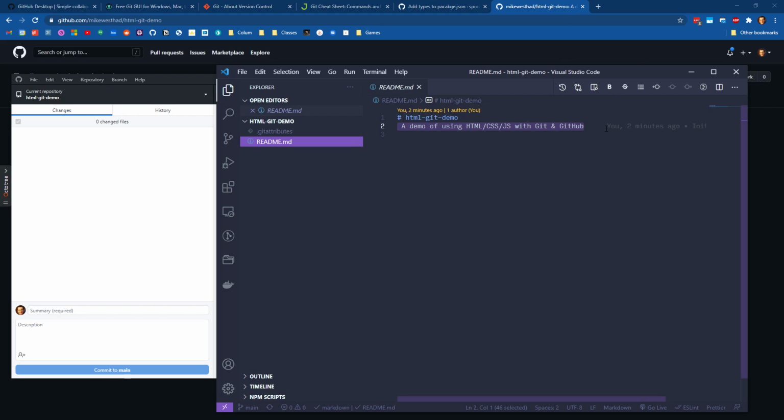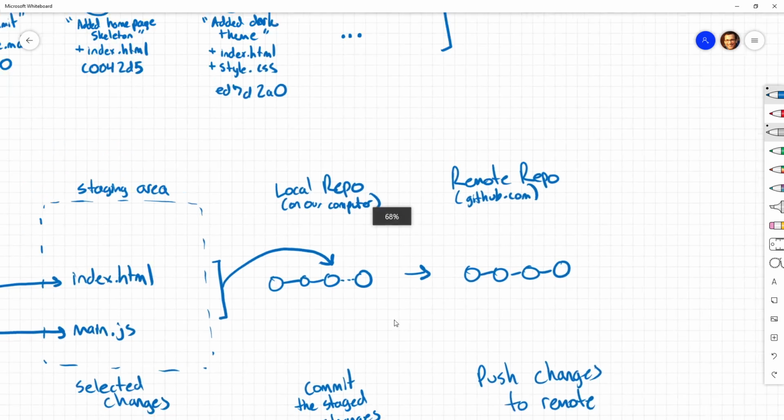So the workflow that we're going to go through now is we're going to make a change, we are going to commit it, and then we're going to push it. And we're going to repeat that process every time we want to make a change to our project here. So if we look back at our diagram,